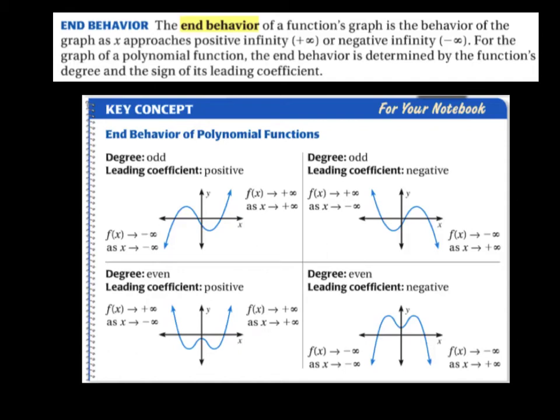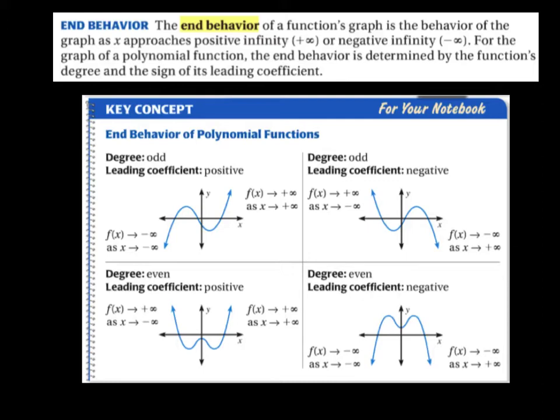Hey guys, just to recap everything we discussed in class today as far as end behavior of polynomial functions. The end behavior of a function's graph is the behavior of the graph as x approaches positive infinity or negative infinity. And this is the notation we use, plus infinity or minus infinity. For the graph of a polynomial function, the end behavior is determined by the function's degree and the sign of its leading coefficient. So those are the only two pieces of information we need to know to determine the end